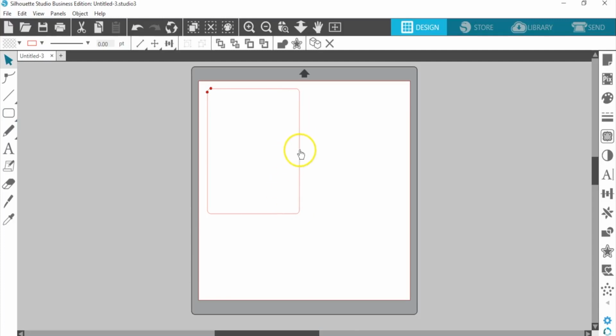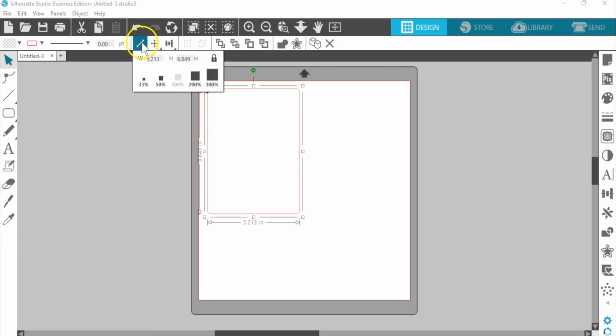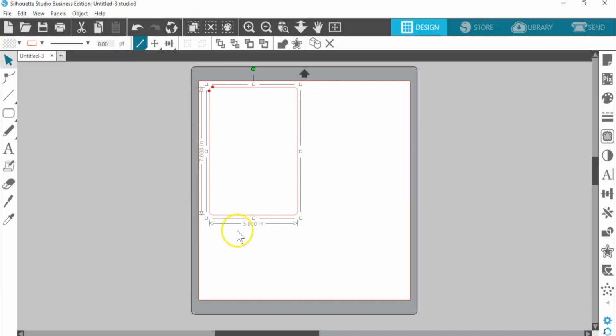And once I've got it approximately the way I want, I can just change that to the exact measurements in the scale panel. So I want to make sure that it is unlocked so I can change each dimension separately. So my height is 7 and my width is 5. And I hit enter, and that goes exactly to where it needs to be.